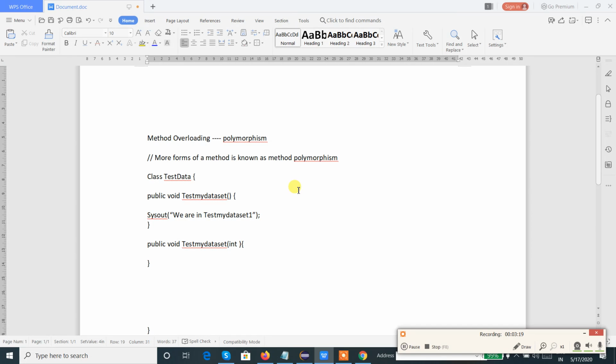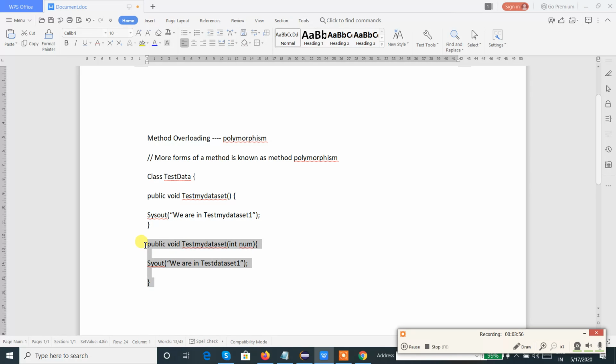In the second method, I will pass one integer parameter, integer st. Let me say sysout. I don't want to complicate it more because it is a pseudocode, so I will just write we are in test data set 1 method. This is the second method.